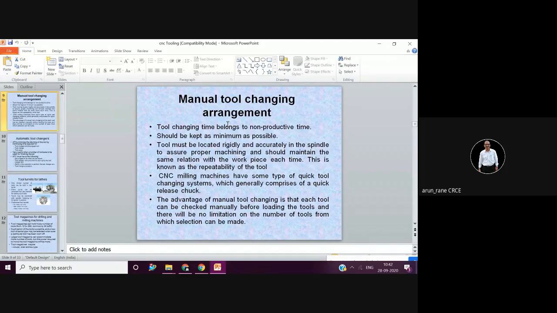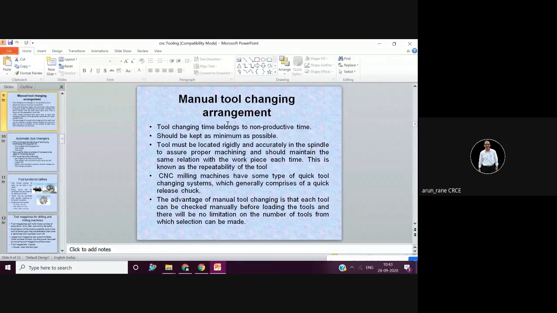which is called ATC, whenever the requirement of tool. And whenever you are using a number of tools, then you must go for the device that is called the automatic tool changer. As I said previously, automatic tool changer has a tool magazine, and in the tool magazine you can fix up 40 tools, 60 tools, and as high as 180 tools. Of course 180 tools is too high, but generally most of the CNC machines have 40 tool magazines, means you can fix up 40 tools, and that is just sufficient.